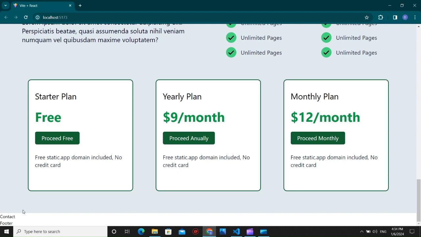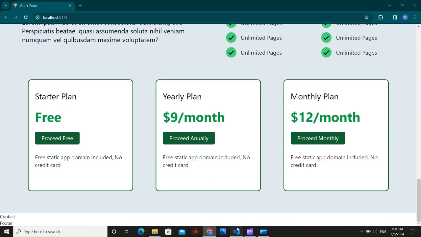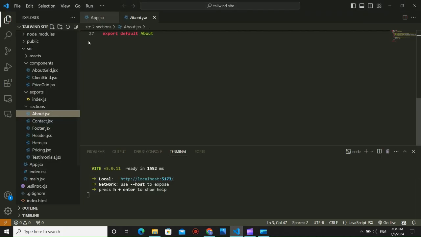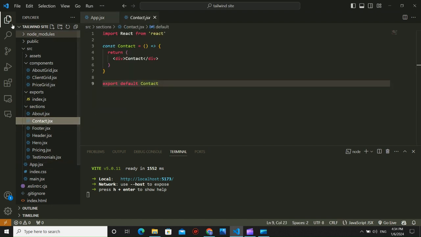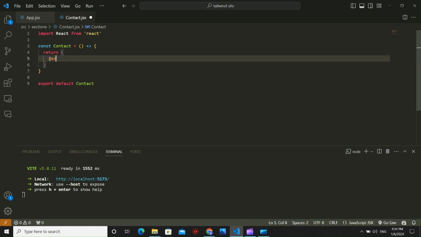So now we have the footer and our contact, and the header section is only left. So let's make the contact section. So let's close the about section here, and let's open the contact section, and now we have to make the contact section. Okay, so for making the contact section, let's go here and write it here section,